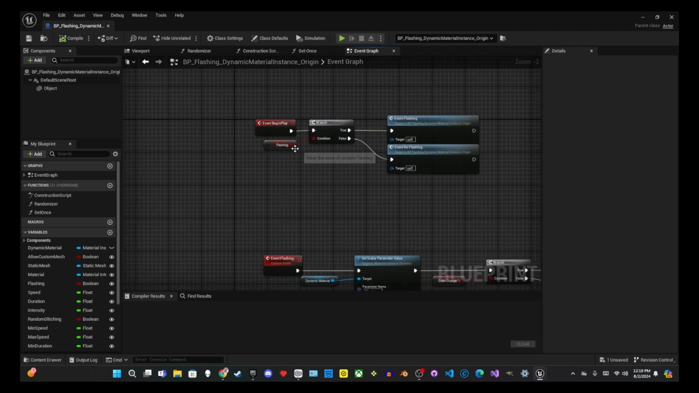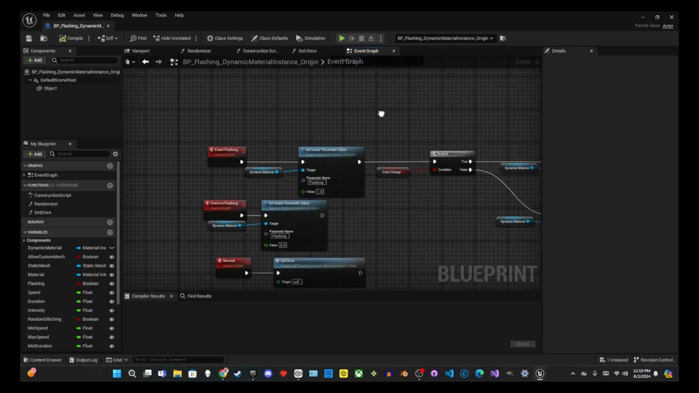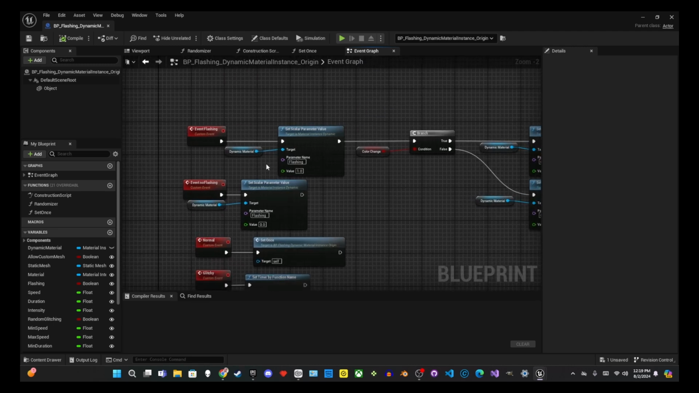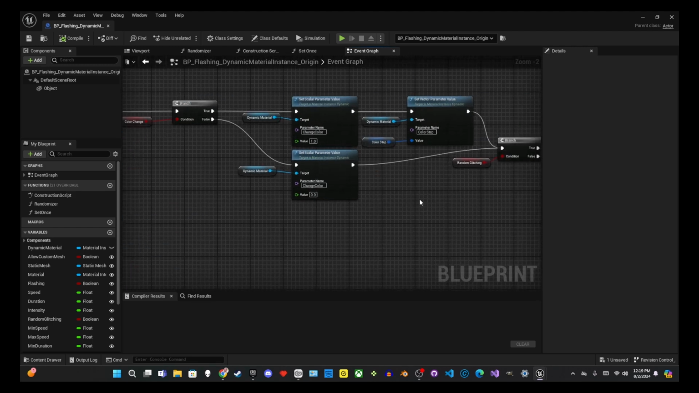So when it's begin play, it'll have the flashing Boolean checked in this branch. If it's true, it'll call the flashing event. If it's not true, it'll call the no flashing event. No flashing just sets the flashing parameter in the dynamic material instance to 0. If it is flashing, it'll set it to 1, which will turn it on, and then it'll go through this